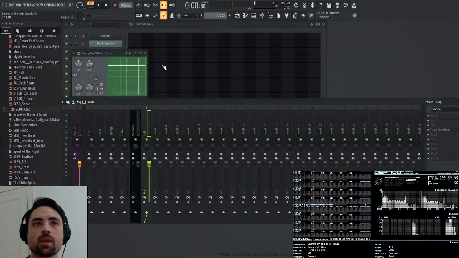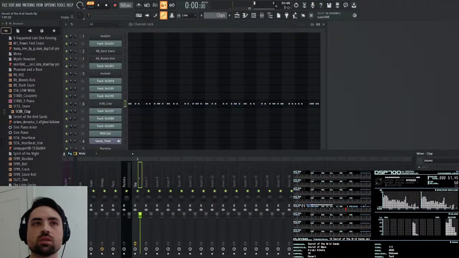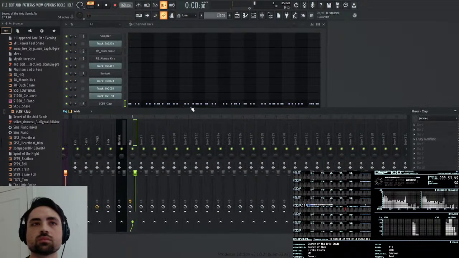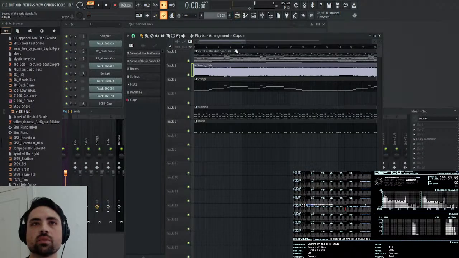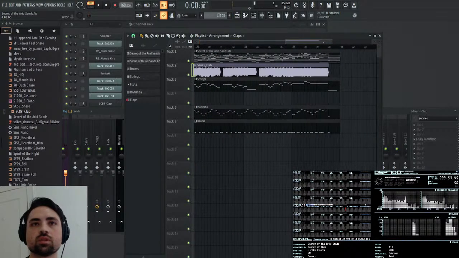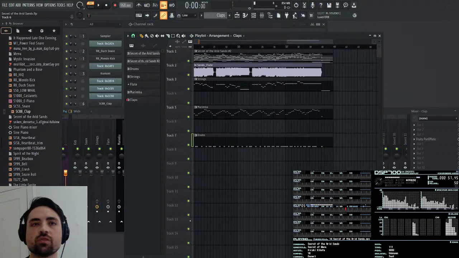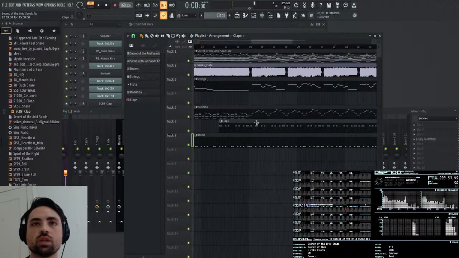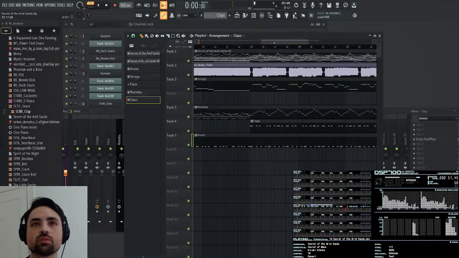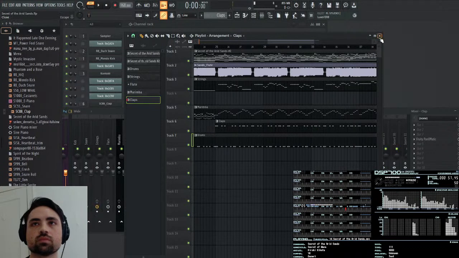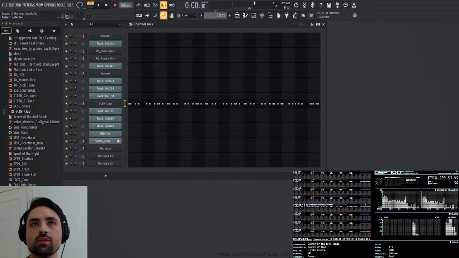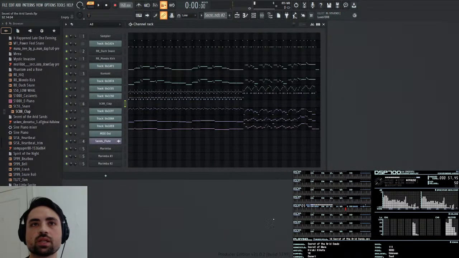Nice. Okay, so that works, that was easy. Let me add this into the mix. I'm gonna insert one above the drums, and then this will go right here. And then I want to see what's next.